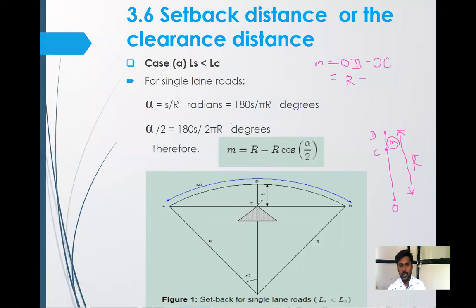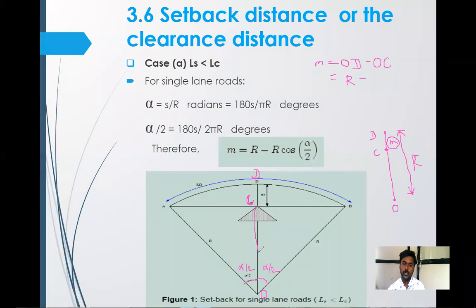See here the central triangle as C. This is point C. If you are not getting it, I will make it larger. This is D, and this point is O. The total angle is alpha, so this is alpha by 2, and this angle will also become alpha by 2. Total angle is alpha, so alpha by 2, alpha by 2.